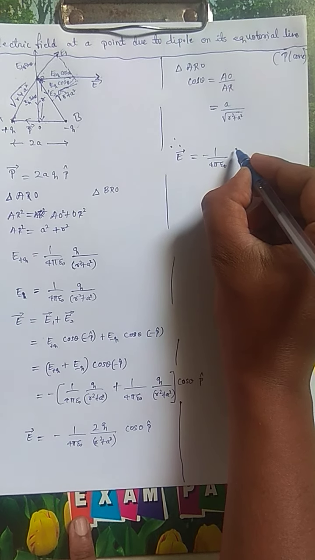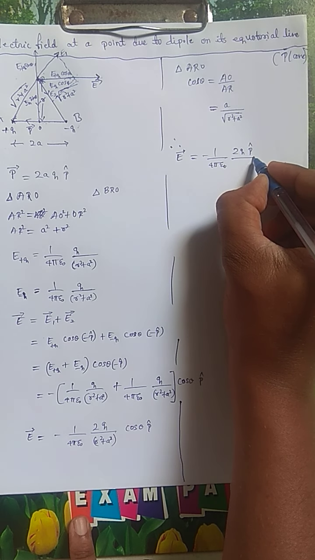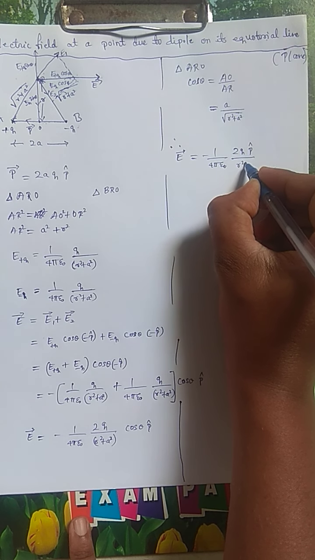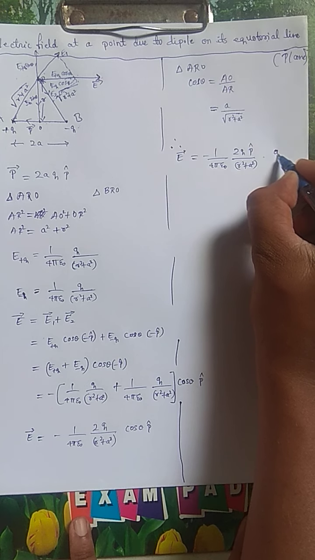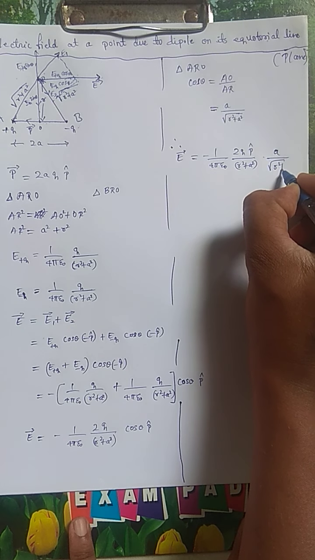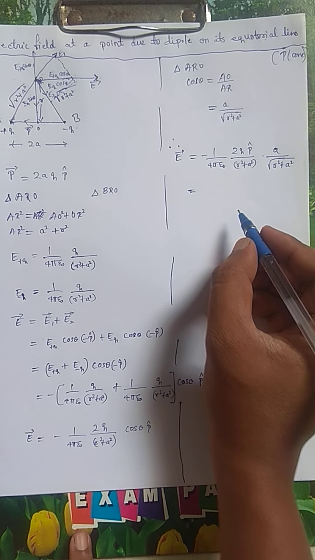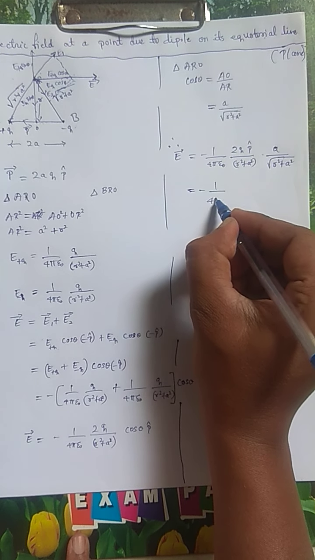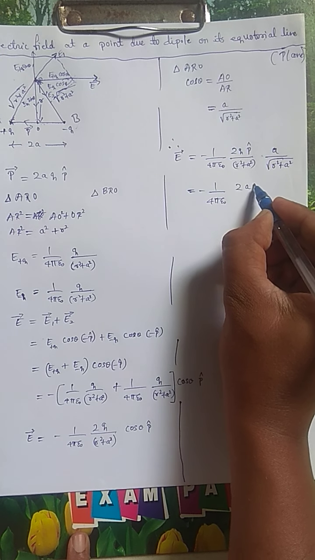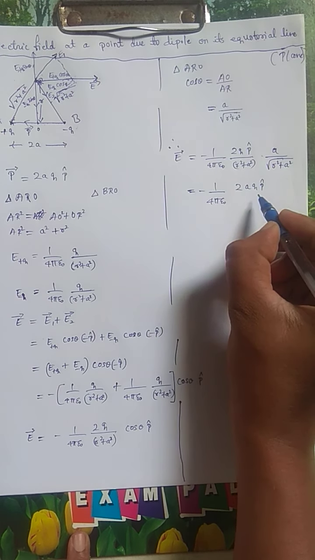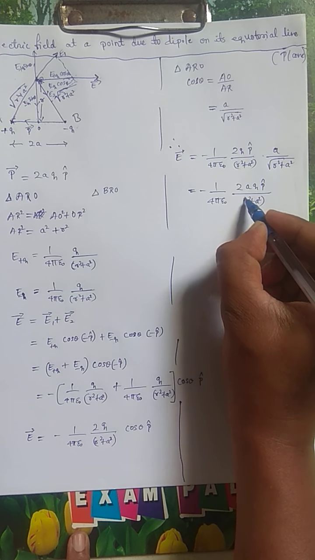Minus 1 divided by 4 pi epsilon naught 2Q P cap dividing by R square plus A square into A dividing by square root of R square plus A square. Done. On simplifying it, we will get 2AQ P cap dividing by R square plus A square